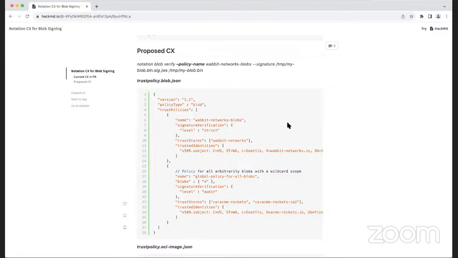I think Milind Shive has some questions in the chat. He's asking what the notation policy command will look like, and he's trying to simplify the blobs array with the star to a flag, which is better. Trying to get to the chat. Okay. What will the notation policy command look like is his first question. Let's see that. Give me a sec. Let me pull that up.